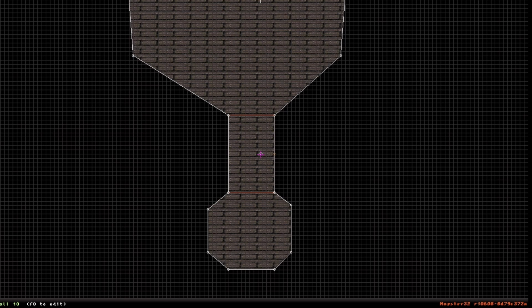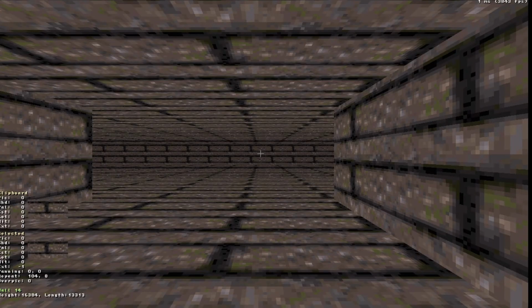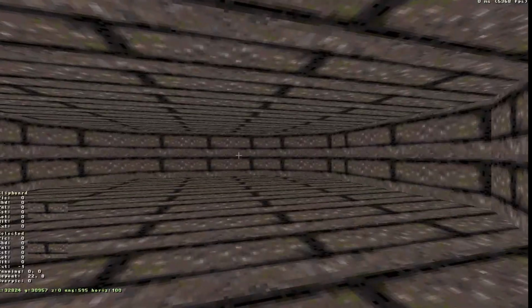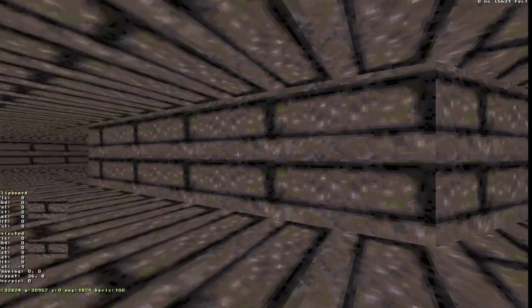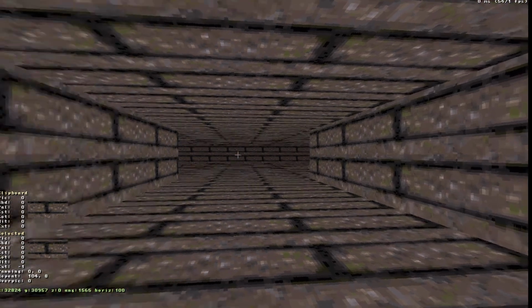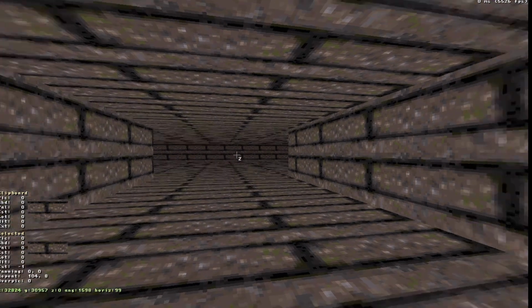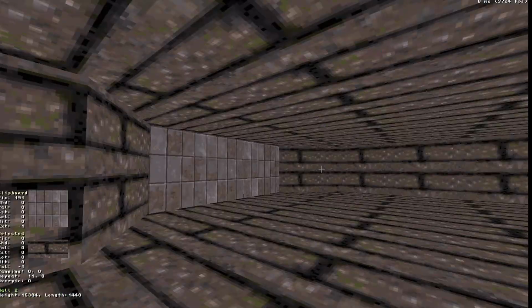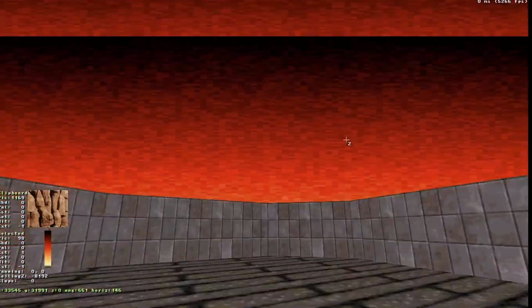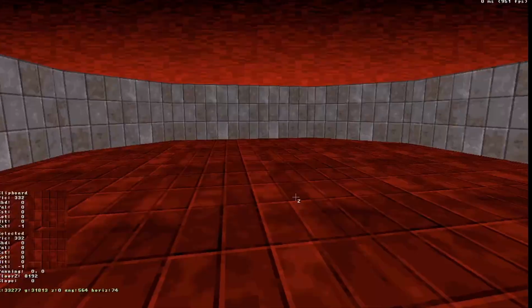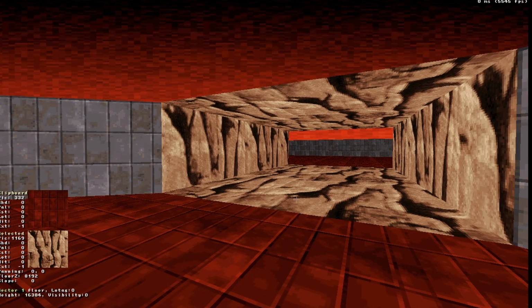Entering 3D mode, we can see that we have both of our rooms and a hallway. I'm going to take a moment to texture this so it's a bit easier to look at. Feel free to pause and spruce your hallway up if you'd like. Now that house cleaning is done and it looks a bit like a Doom level,